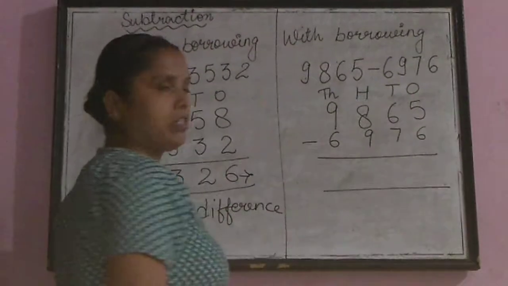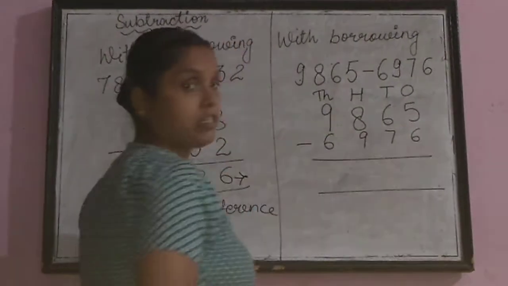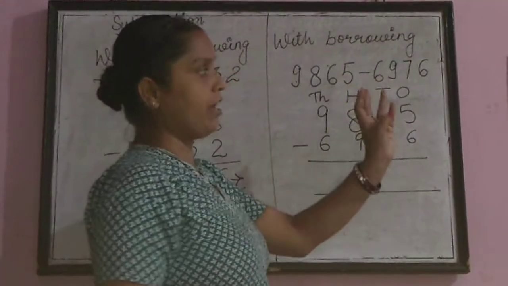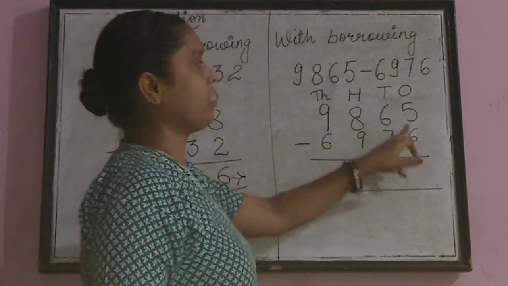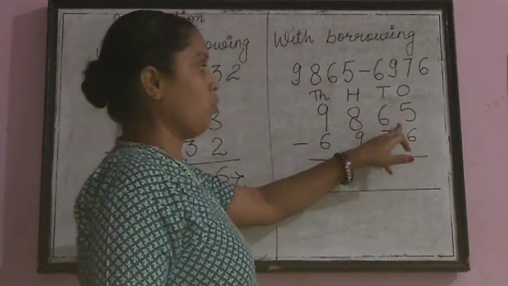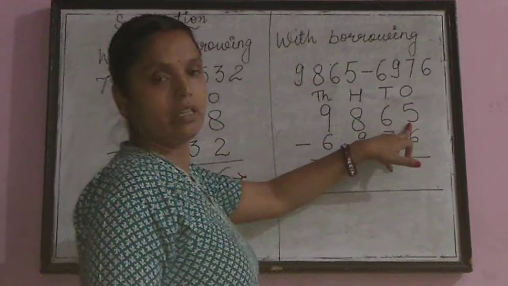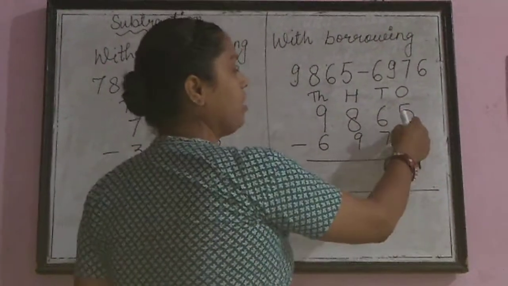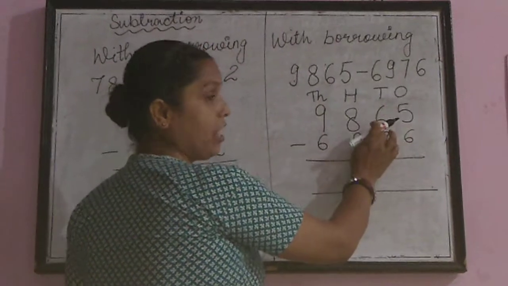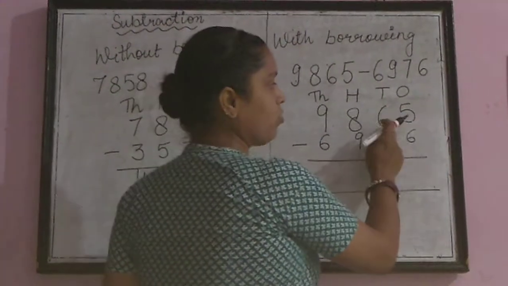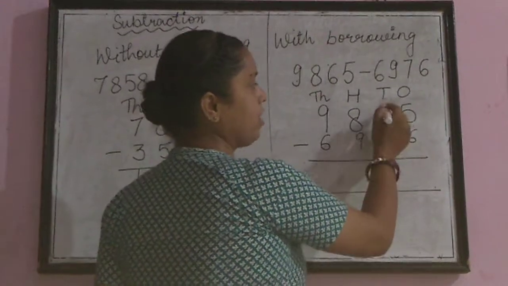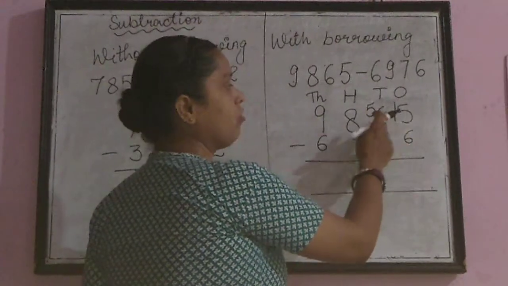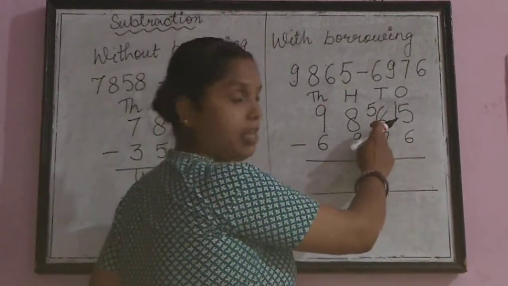Now check the first digit of your first number. Here it is 5 and here it is 6. I cannot cut 6 from 5 because it is less. So what I will be doing is I will be making it bigger. And for making it bigger, I will be taking a borrow. Borrow means I will be taking a borrow from the neighbor digit. This 5 is going to ask for one borrow from the neighbor digit, and this becomes 15 and this becomes 1. Since it is giving one borrow, you will be taking away 1 from this digit 6 and this becomes 5.